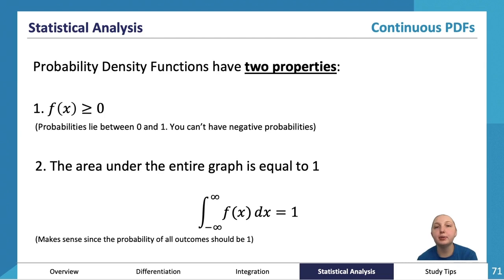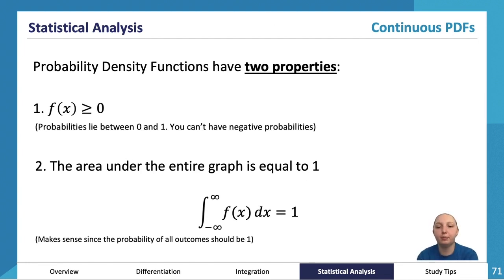Essentially, this is because probabilities will all lie between 0 and 1. You can't have a probability less than impossible, which is 0, and you can't have a probability greater than certain, which is 1. The other thing to consider with probability density functions is that the area under the entire graph